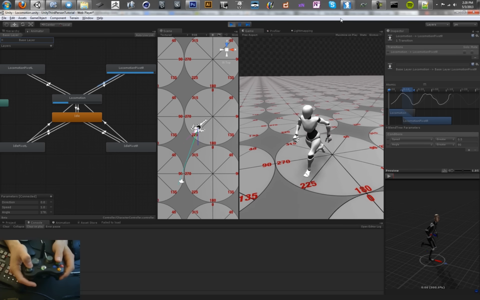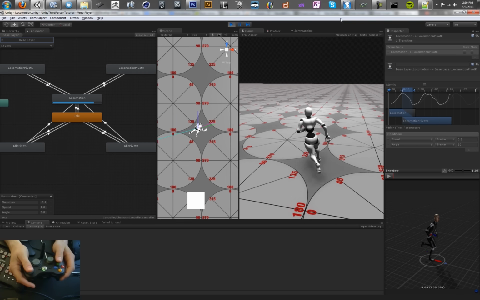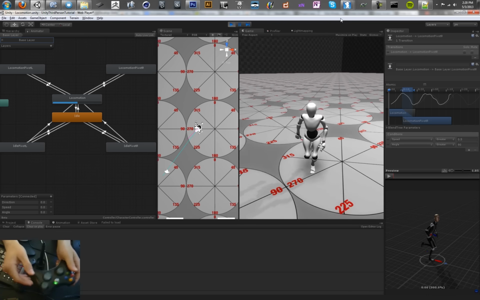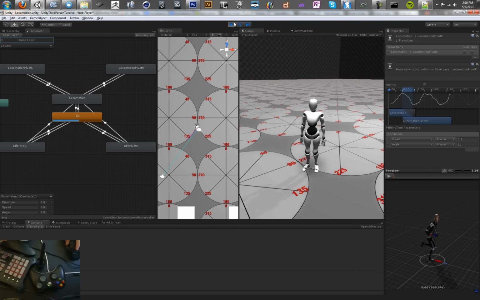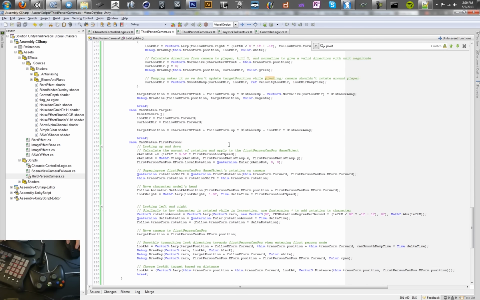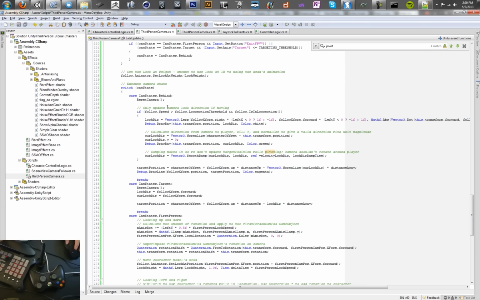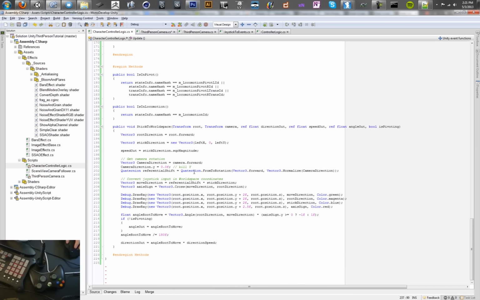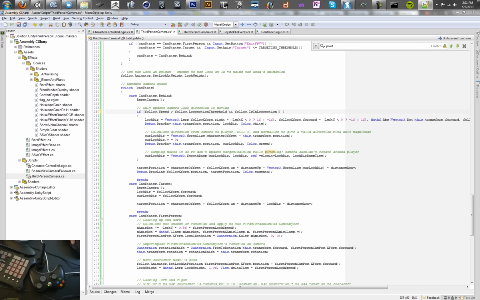177. But you notice it's still not quite right. The camera's turning during the pivot. So we need to extend this logic here and go into our camera script. And where we have our behind camera, we want to add one more condition to the look direction, because the look direction is going to affect that angle direction. Because if you look in our controller script, we're grabbing the camera's forward vector. So if we're turning the camera, that forward vector is going to change. So the easy way to fix that is just to give it a condition,